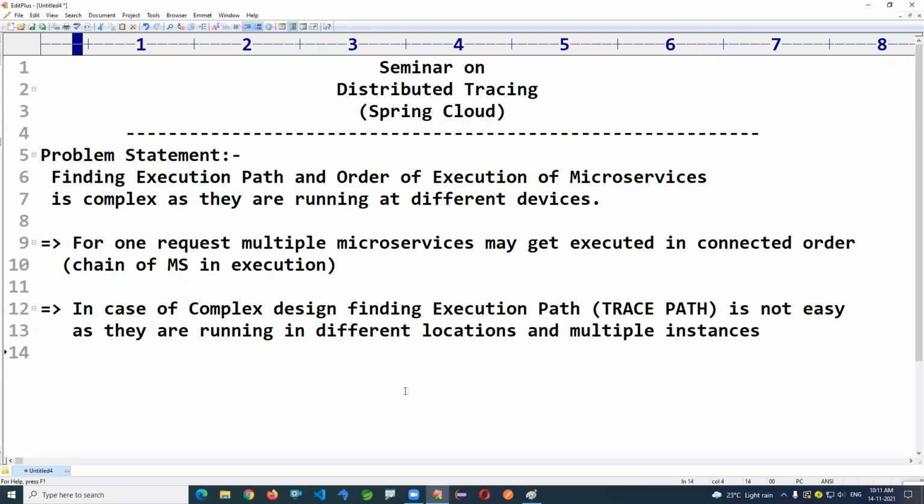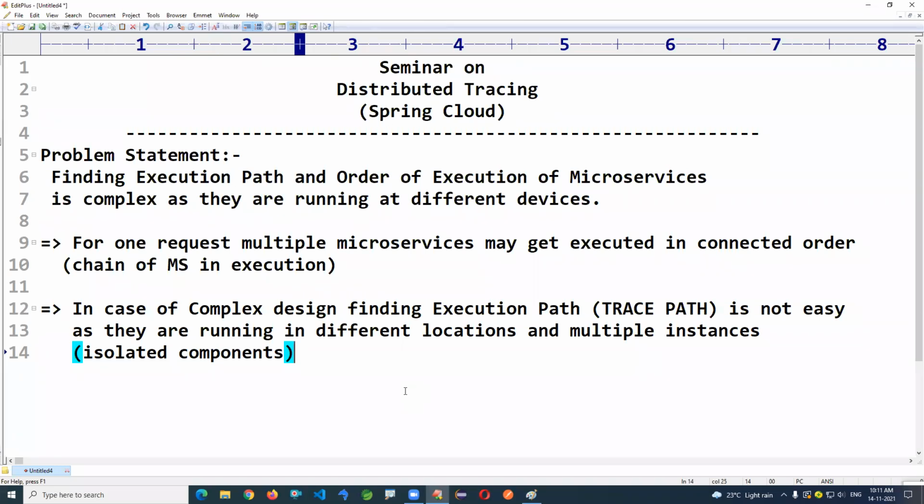In simple terminology, they're called isolated components. They will be running at different places, different IP addresses, with multiple instances here.